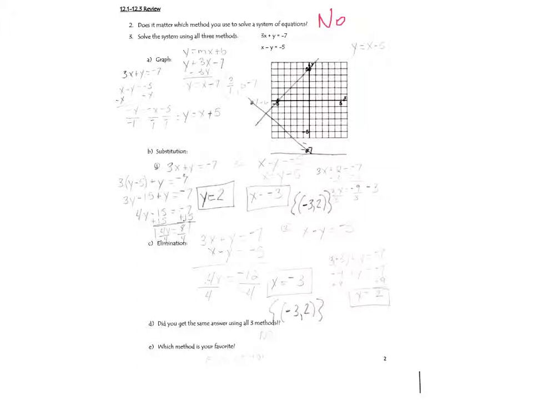So we have 3x plus y equals negative 7, and if you subtract 3x from both sides, you get y equals negative 3x minus 7. And I'm not sure how you did it, but you ended up with y equals x minus 7. So that's how you went wrong. You were correct about the negative 7 being the y-intercept, and you're correct that you had a negative slope, but you count up